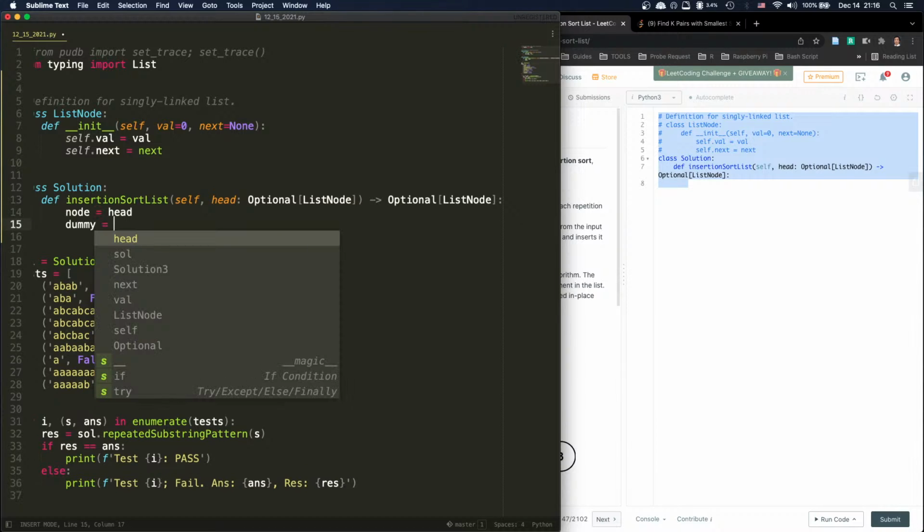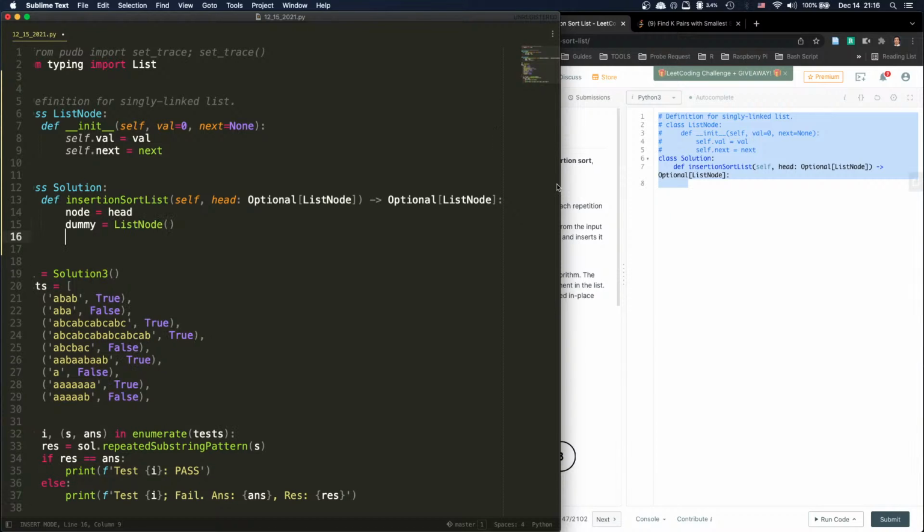Dummy equals ListNode. Head equals dummy. Every time I'm going to start from dummy, and I'm going to search, and once we find a position,